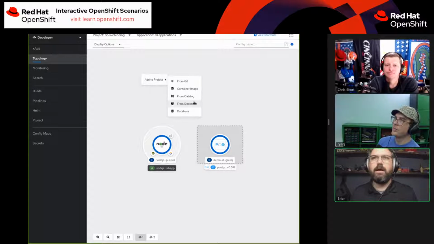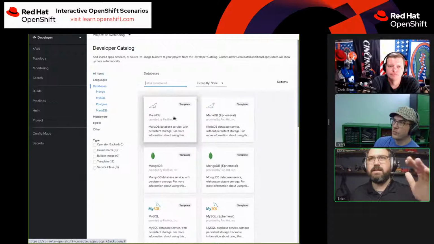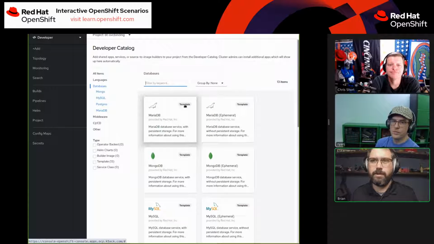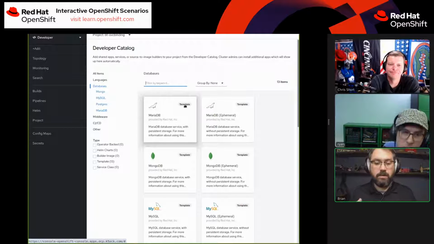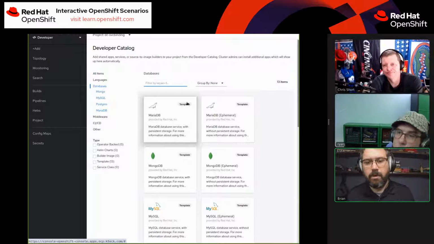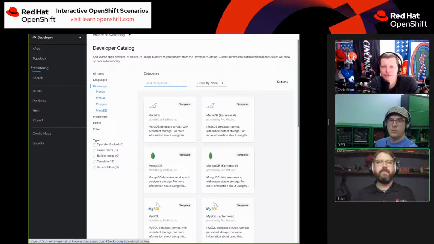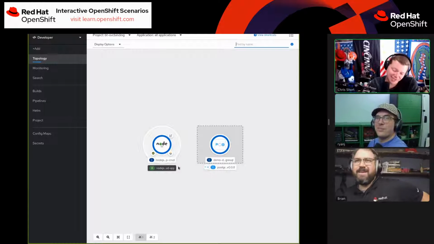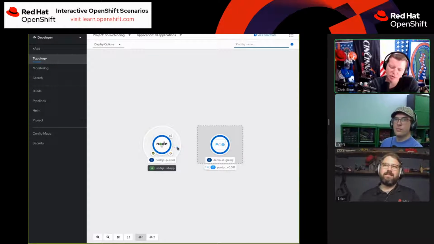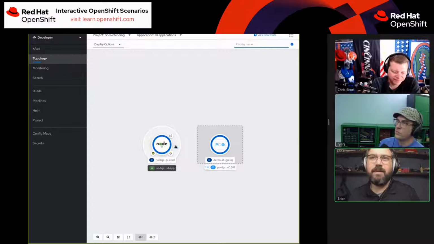I didn't go in here and do add from a database, because that would use a templated version of the database. We need to be using databases that are operator managed, for one, at least to make it this easy, and so that you get updates. That too, so you can manage updates more effectively. Yes. Like you saw, the app did not have a database connection.